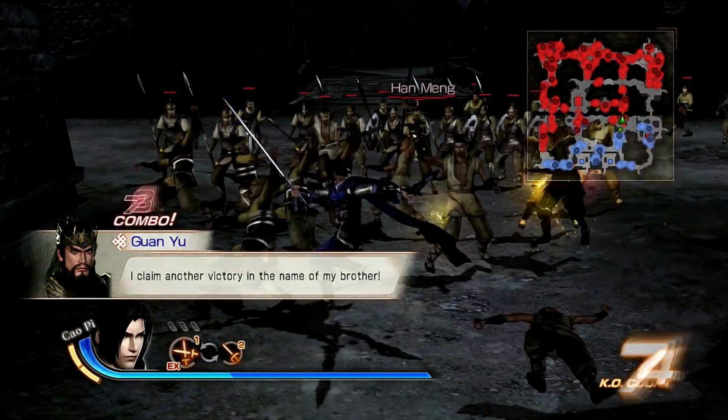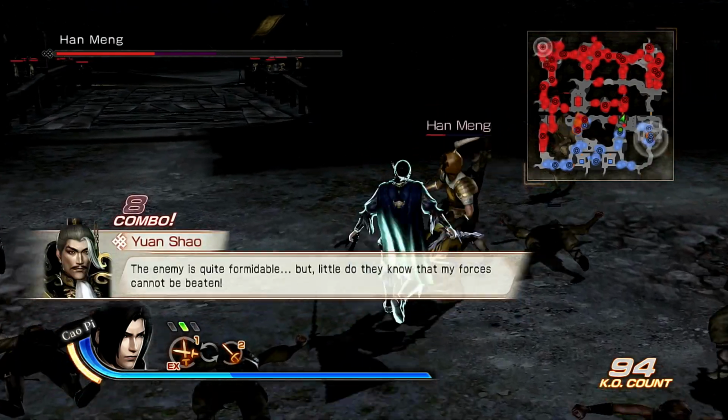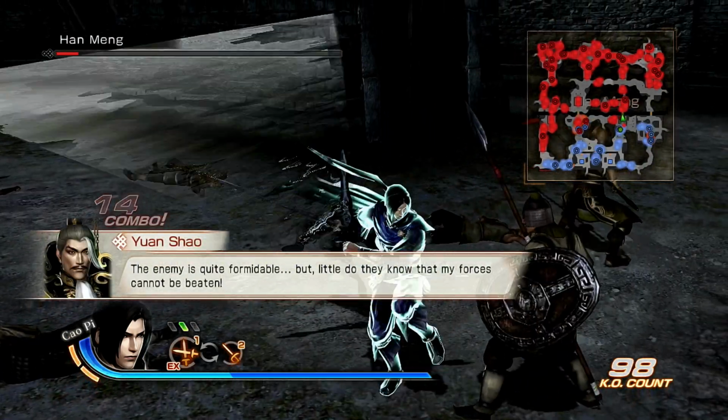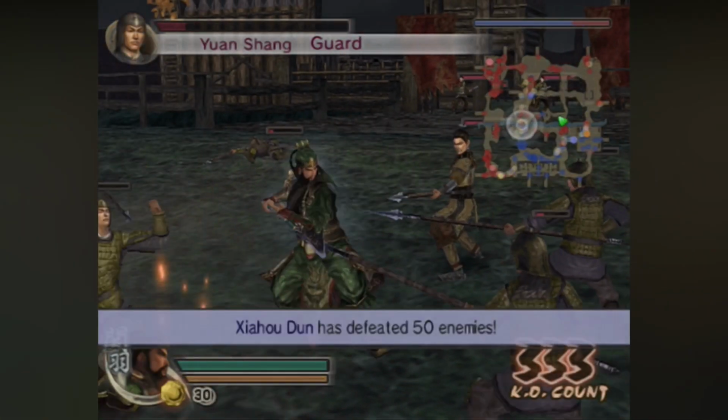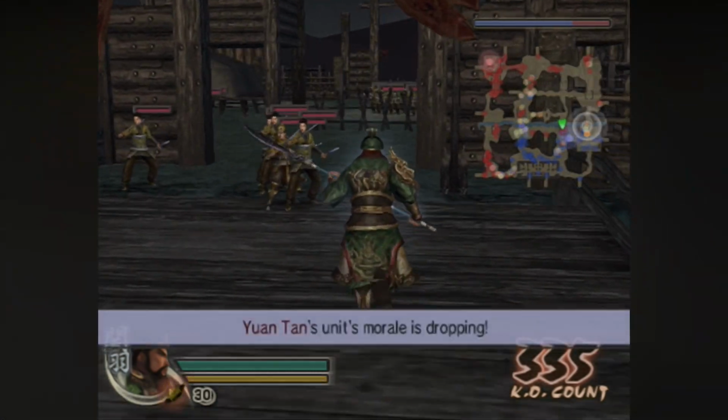They also appear as officers on the map, but are not in the list of officers, which is kinda weird. There are lieutenants that drop stat increases as well, so it's not like you're gonna go without the additional boost. Speaking of additional boosts, Dynasty Warriors 7 does not have the Muso wine that gives your character +10 to max